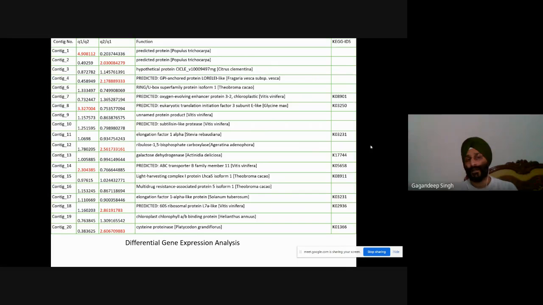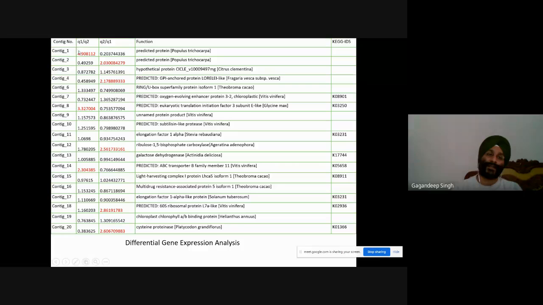But right now I'll just give you an overview of how to find the expression analysis of genes. First of all, we have assembled reads. Now how to find expression analysis? This is done by using the mapping of reads. Once we have reads, we can easily find how many reads are there related to a particular gene, say the number of reads is 4 or 8.